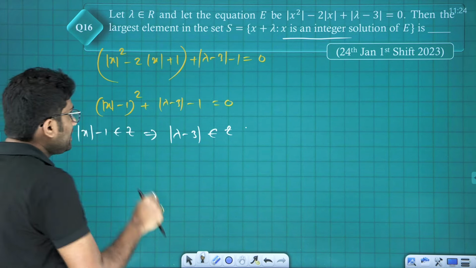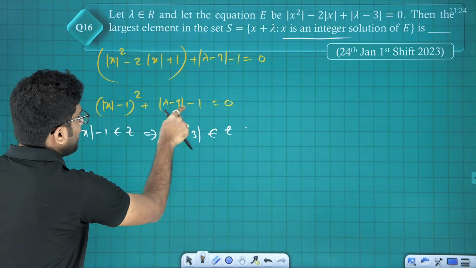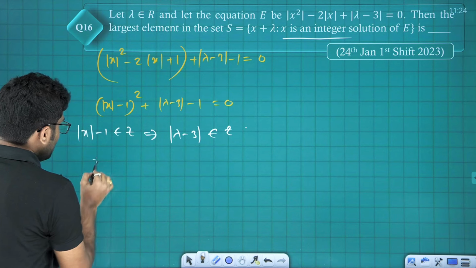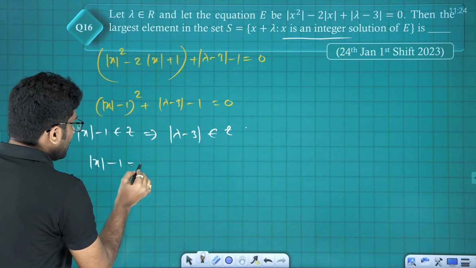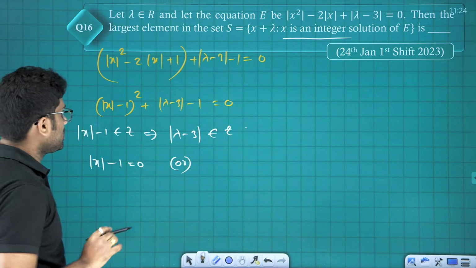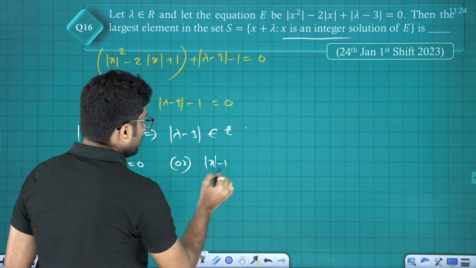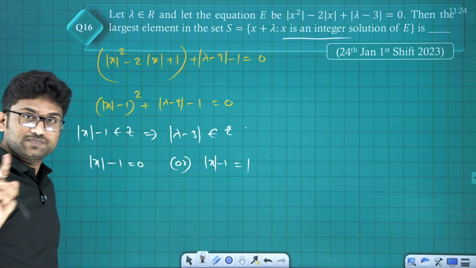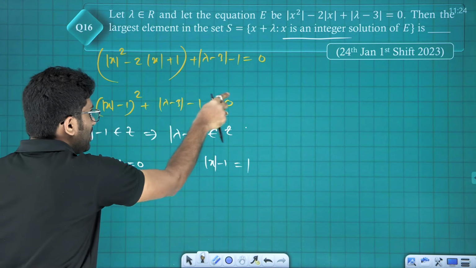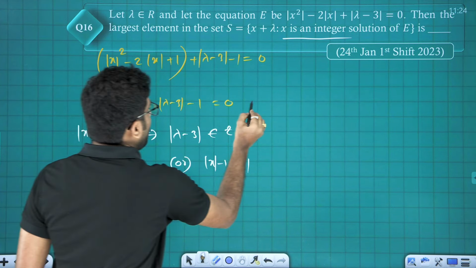Now, integer means when will it be satisfied? Mod x minus 1 whole square plus mod of lambda minus 3 minus 1 is equal to 0, so mod x minus 1 can be either 0 or 1, because then lambda minus 3 will be an integer. Clear? Why? Because